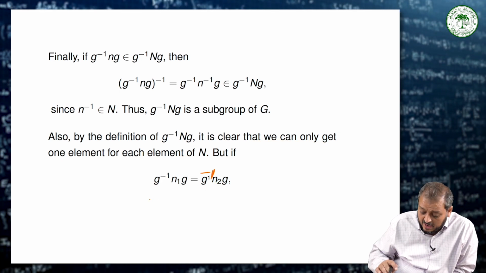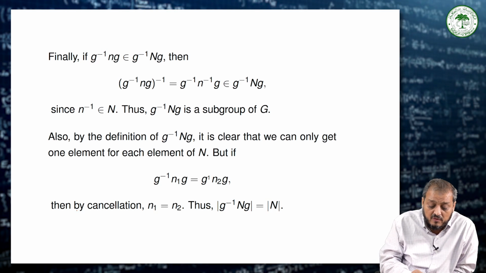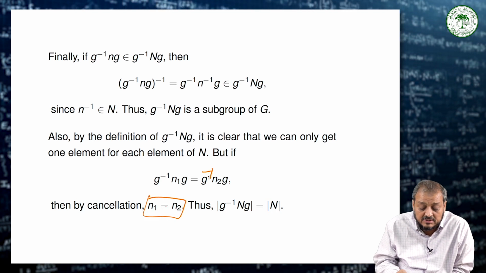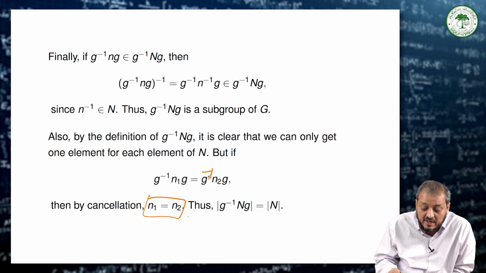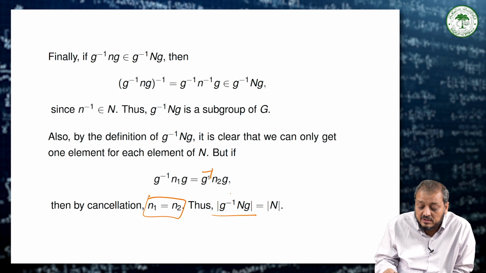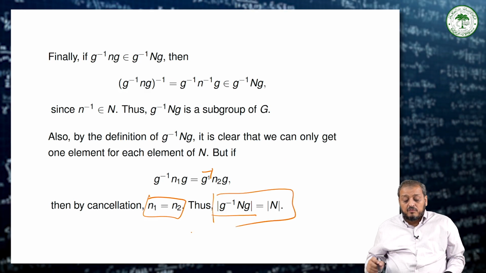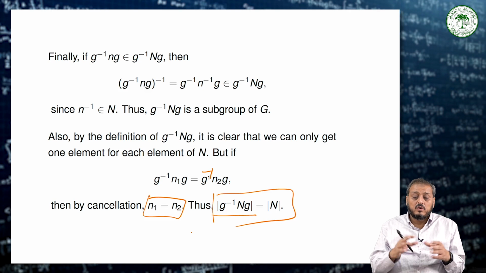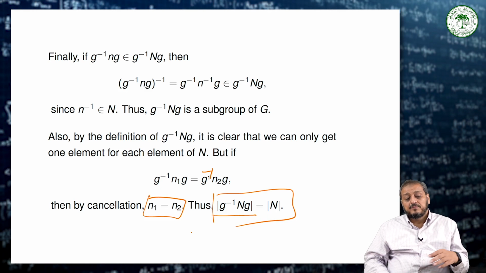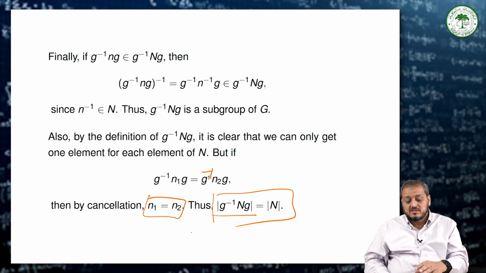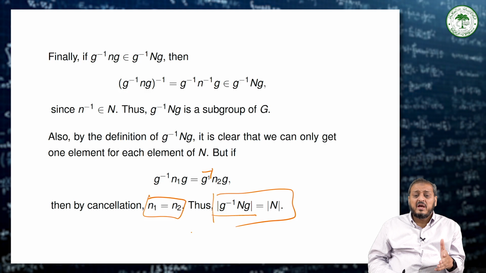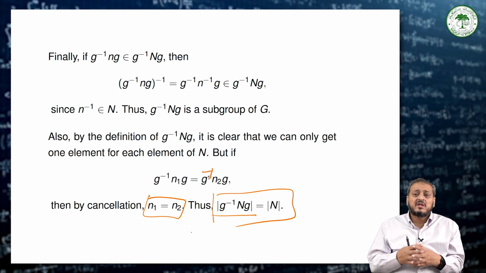So we have to just write now n1 is equal to, by the cancellation property we can say that n1 is equal to n2. This means all the elements of the set are the same, so the order of g inverse n g is the same as the order of n, the same as the order of our subgroup. So we can simply prove that if we have g, and g inverse,